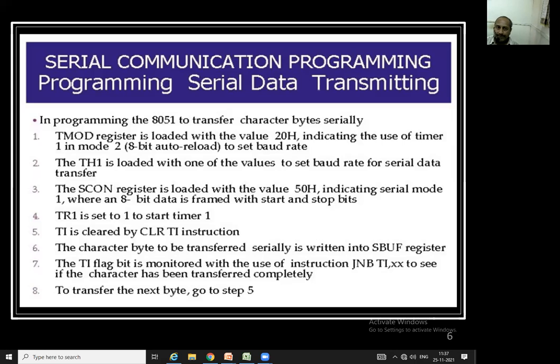Transmission कुठून होणार आहे? So on both sides. It may be from 8051 to computer or from computer to 8051. Okay, लक्षात ठेवा. In that, various modes also we have studied: half duplex mode, full duplex mode. So this will be the full duplex mode in this particular serial communication. Okay, remember this one important point also.